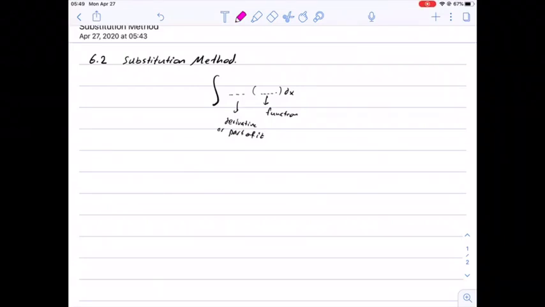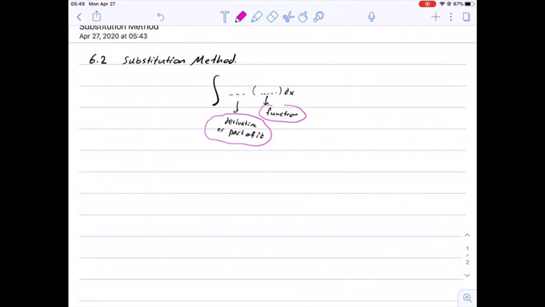In this section, we discuss a method of evaluating integrals. This method is called the substitution method. We apply this method if we have some function and its derivative or part of its derivative. So if the integrand consists of a function and its derivative or part of its derivative, then we can use